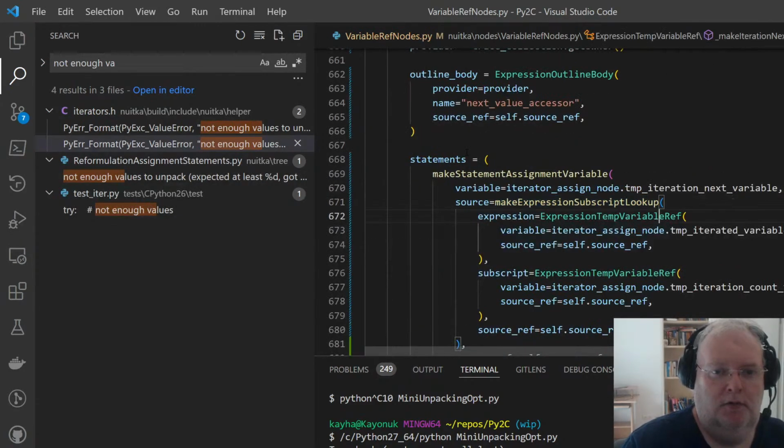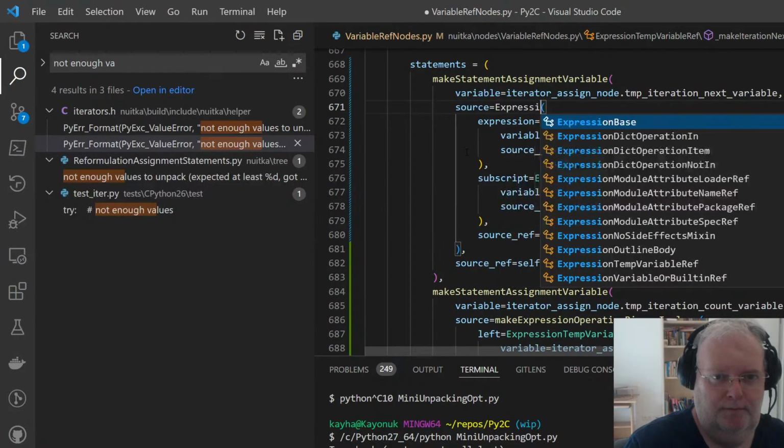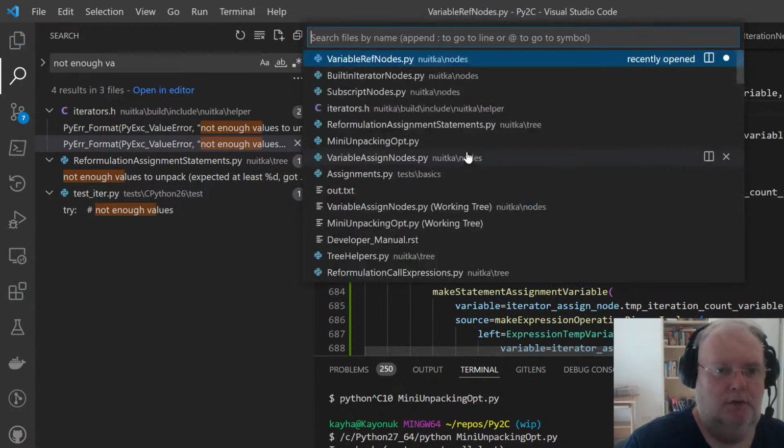I would not use those, but I would do expression. What's called built-in iterator nodes?